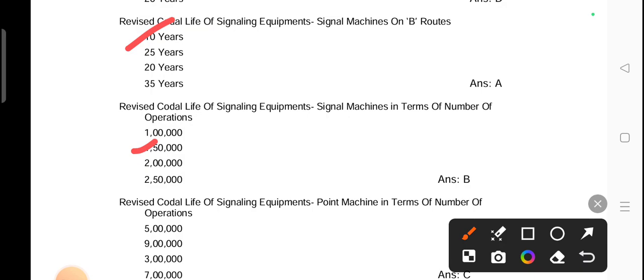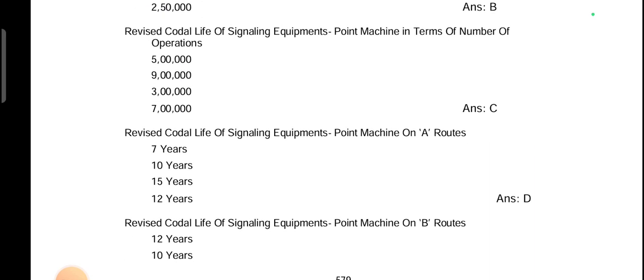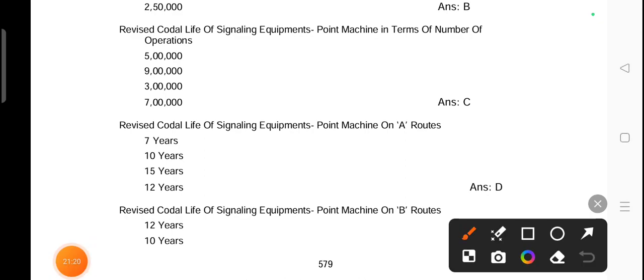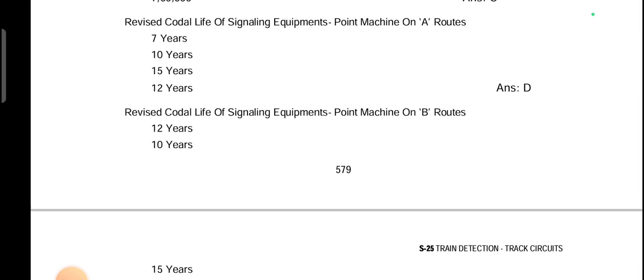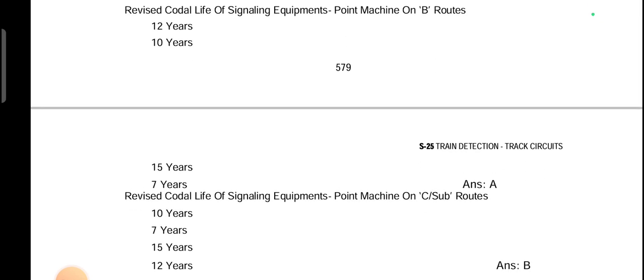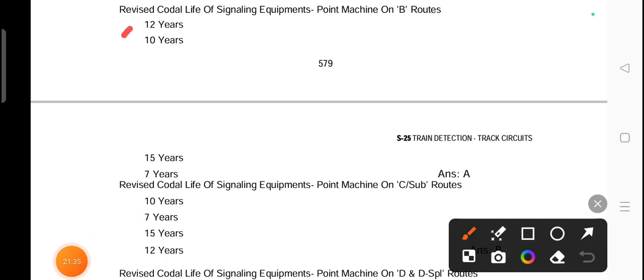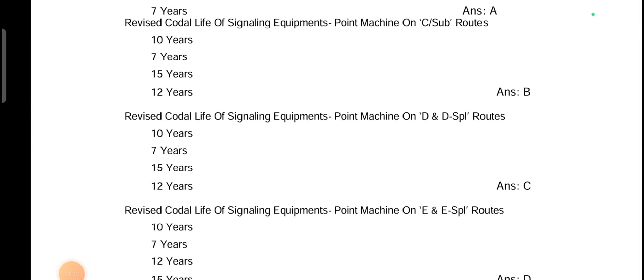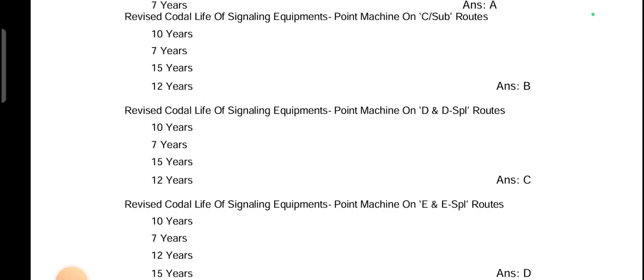1,50,000 operations. Revised total life of signaling equipment point machine in terms of number of operations, 3 lakh operations. Revised total life of signaling equipments point machine on A route, 12 years. Revised total life of signaling equipment point machine on B routes, 12 years. Revised total life of signaling equipment point machine on C or sub routes,